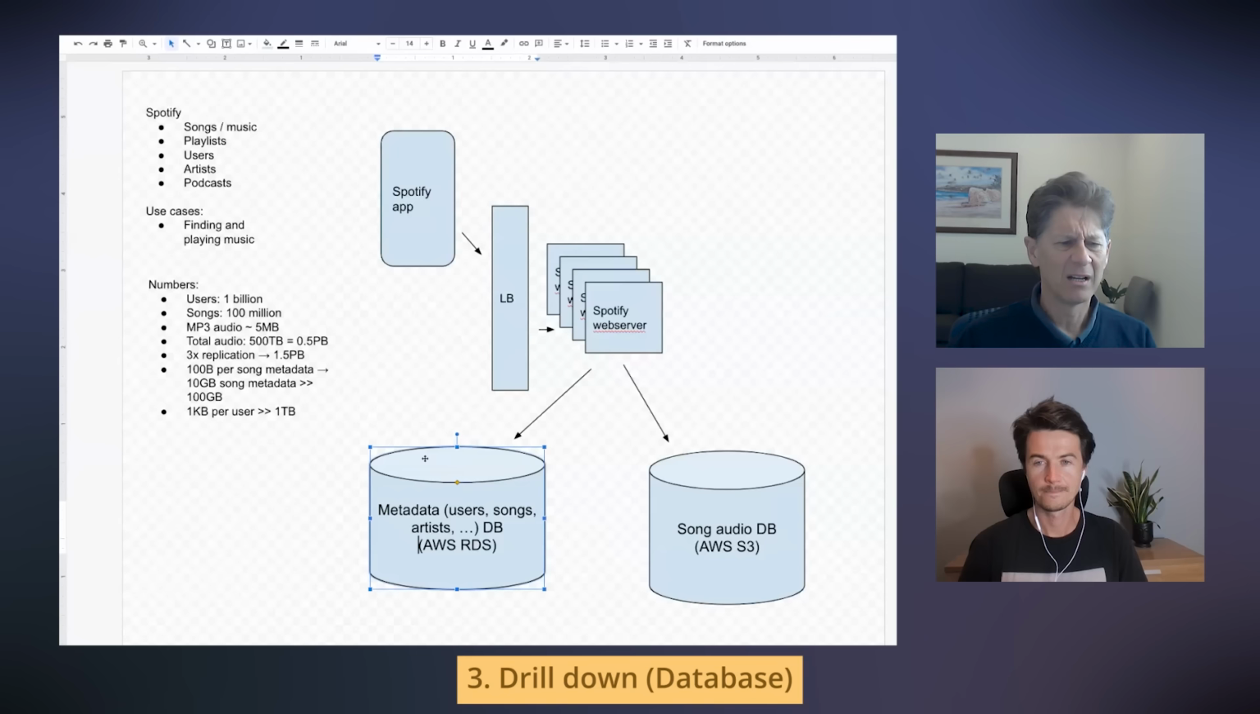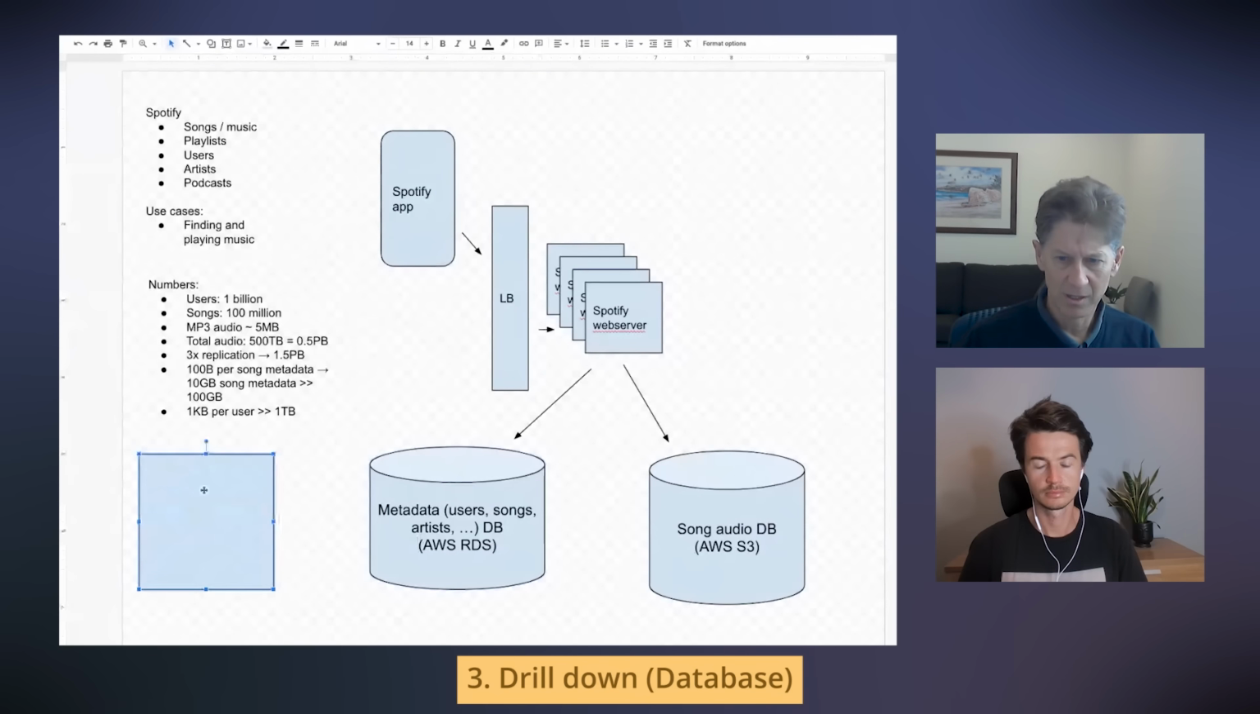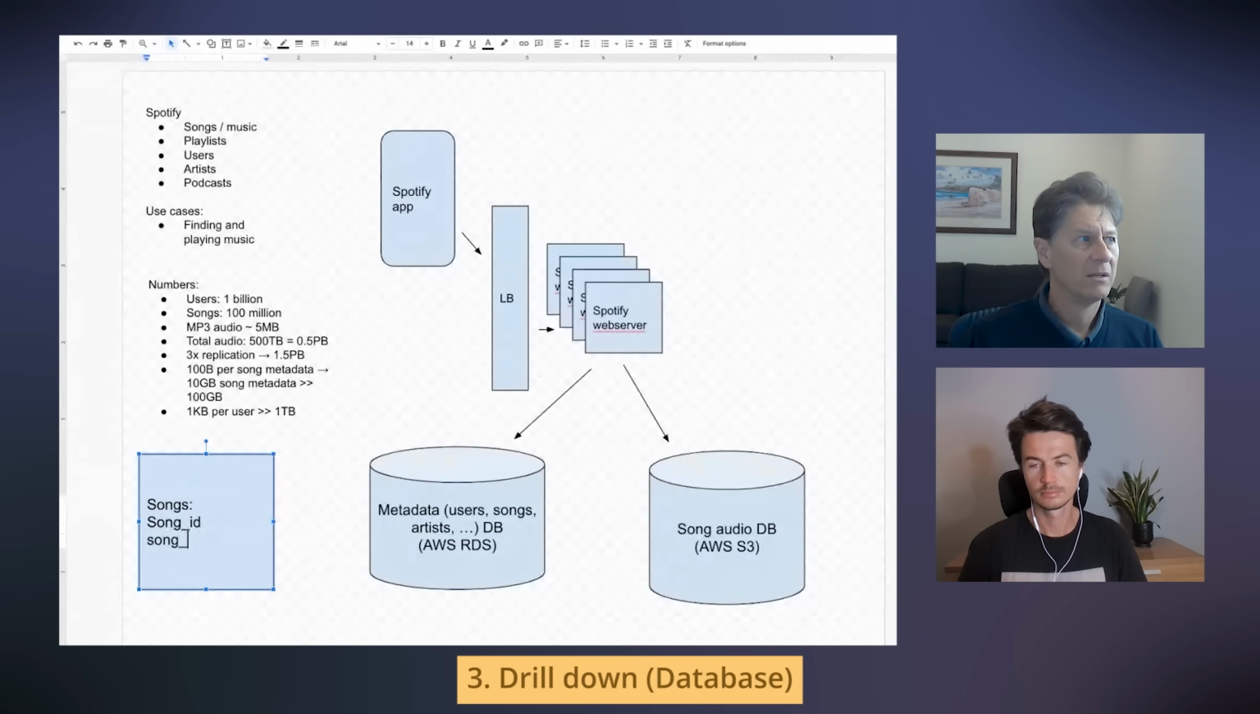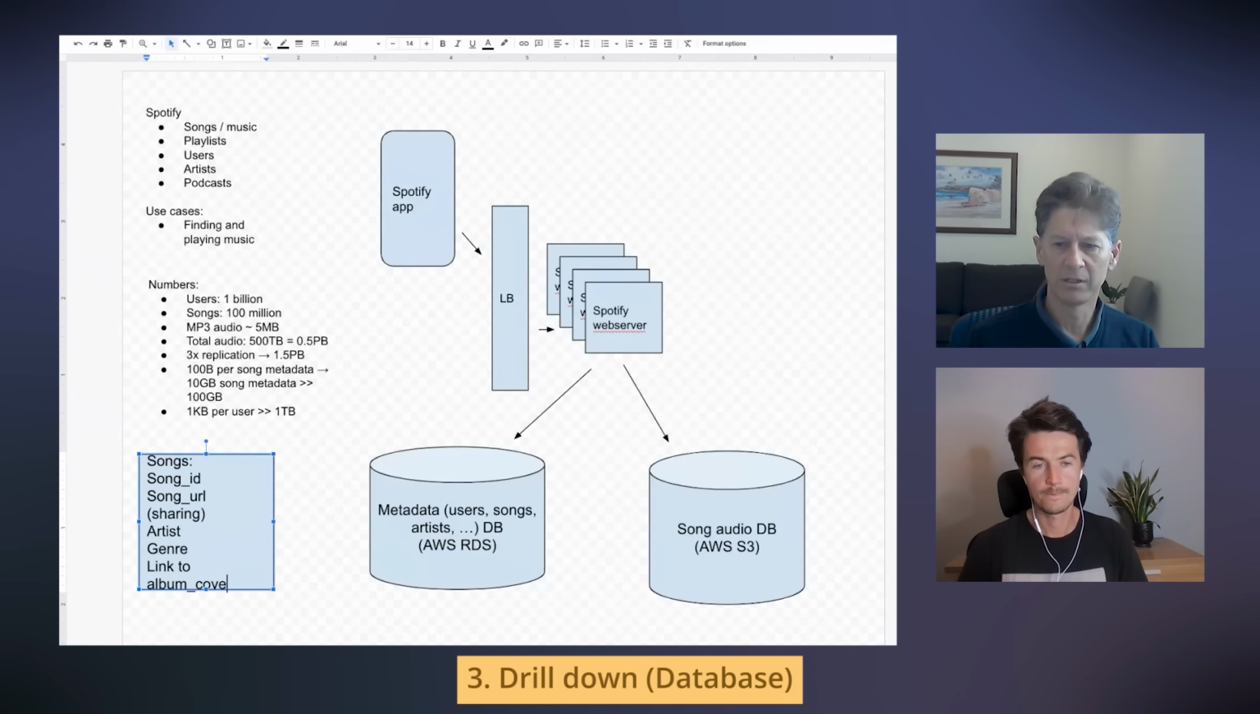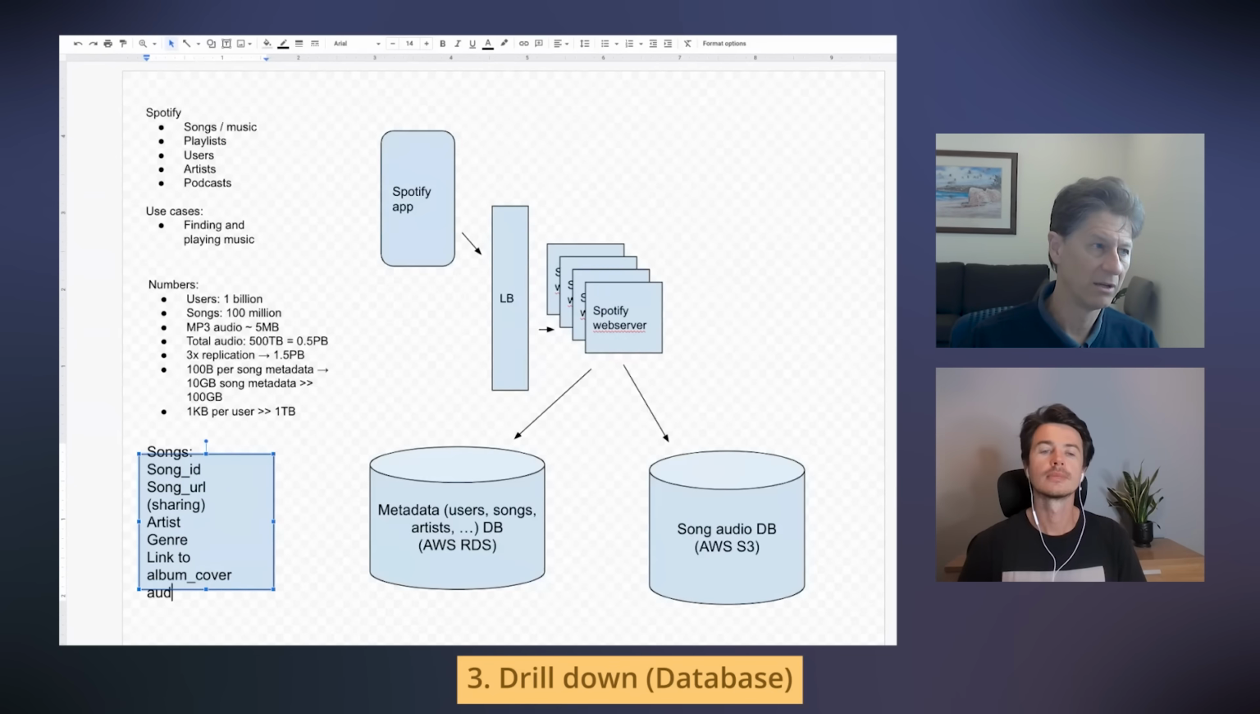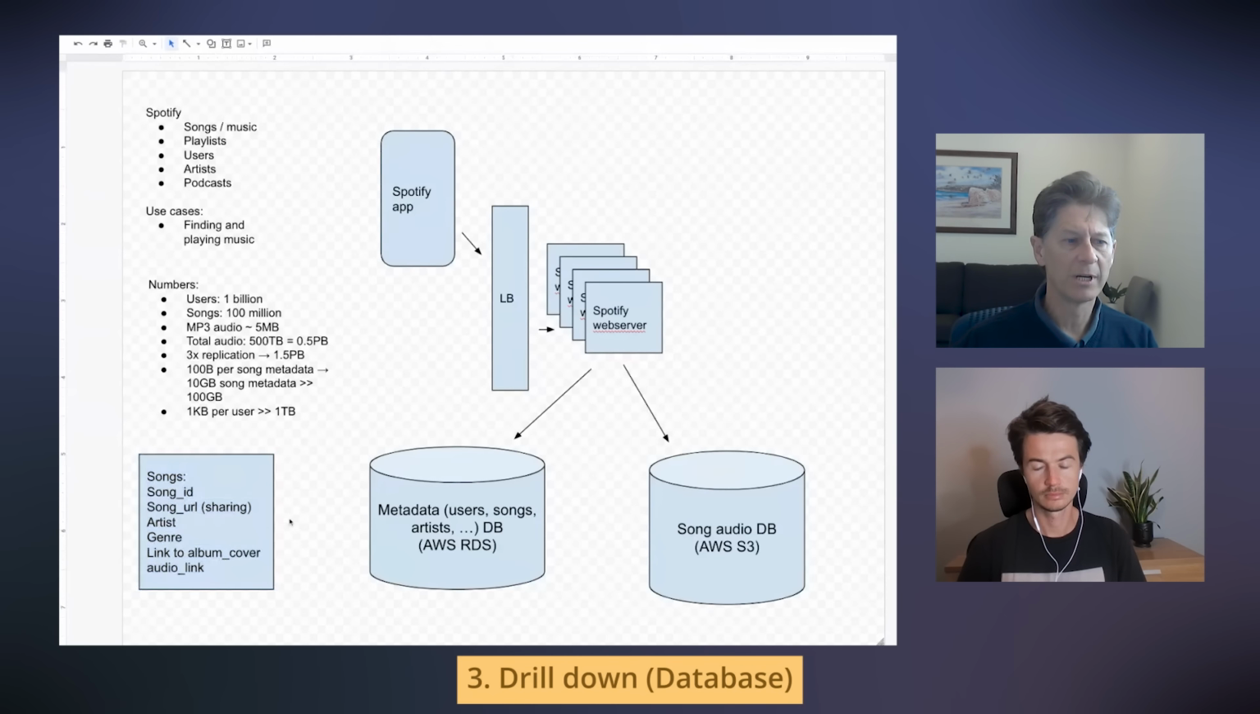But yeah, so let me try and write something here a little bit more in terms of songs. You would have things like a song ID. You would have a song, maybe a URL that you would use for sharing. You would have an artist, a genre. Maybe there's a link to album cover, and maybe there's the link to the audio, I guess. So this is too big to fit. So this is the type of data that would be stored in